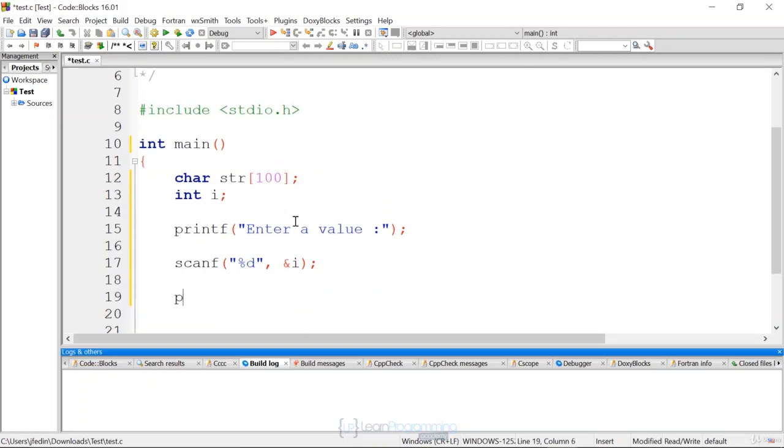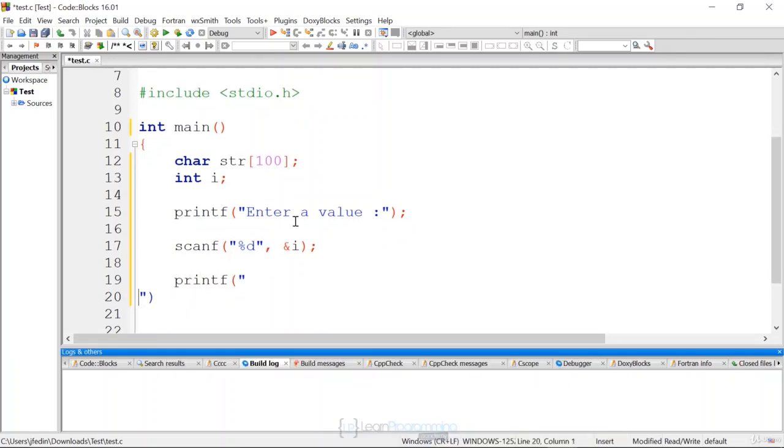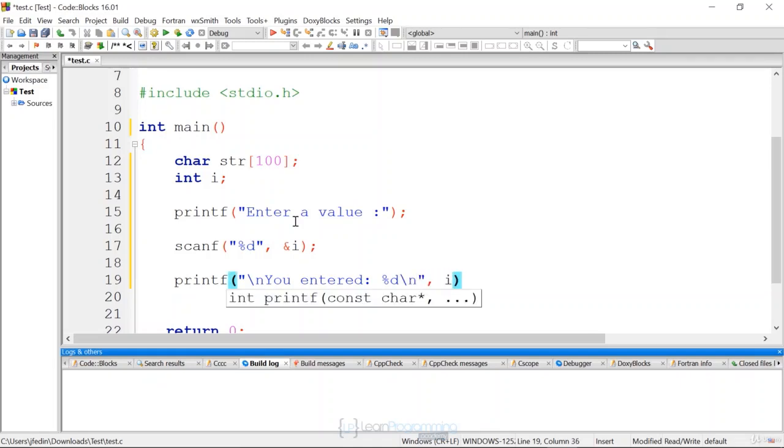So now we just want to print what we entered. We're going to add a line feed so it's readable, so we're going to use our escape sequence \n, and we're going to say you entered %d, and we're going to display the value of the variable. We're also going to put a line feed after. The value of the variable that we want to display is I. We end it with a semicolon, and that's our program. So again, printing output, asking for a value, reading input on line 17, specifying that the data that we're reading is an integer, storing it in I using an ampersand, and then printing out what we just entered. So let's build this,